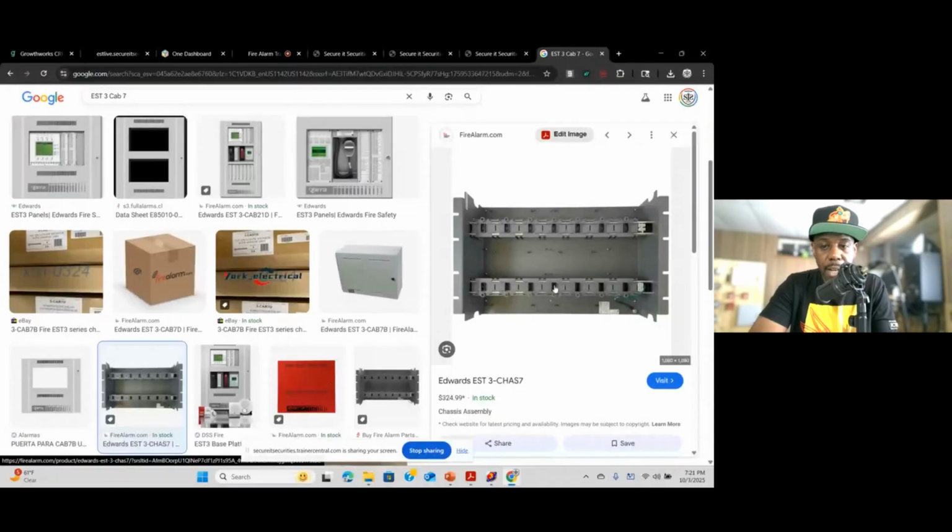So let's say this next card right here would be our loop controller. And this is where we connect all our smoke detectors, pull stations, all our input devices. And these will just be our spare cards. And we'll probably have a modem for central station. But the main cards will be the CPU, the power supply, and the loop controller. So essentially this is how it would be set up.